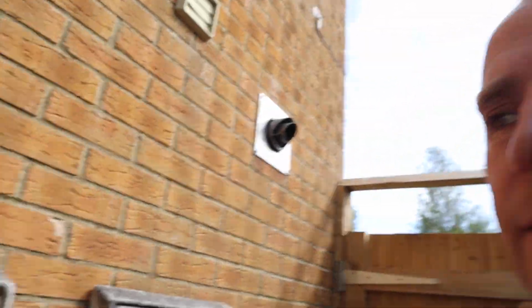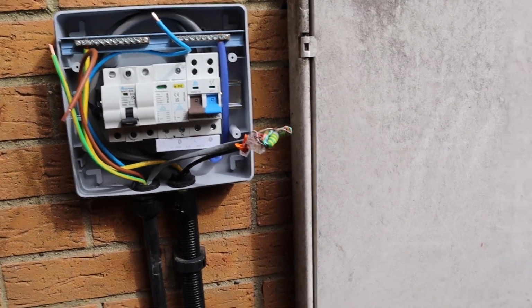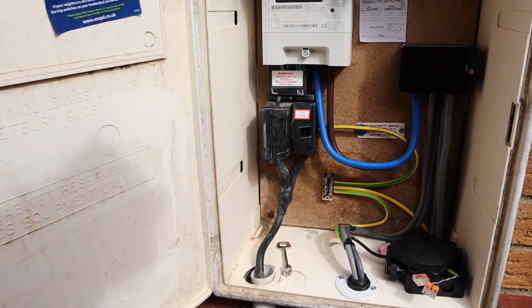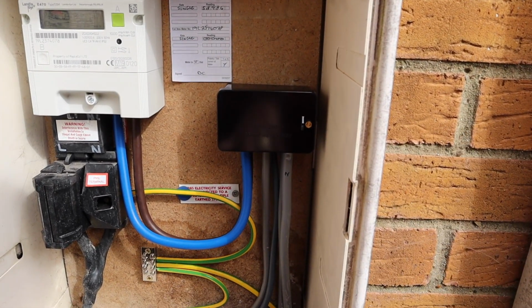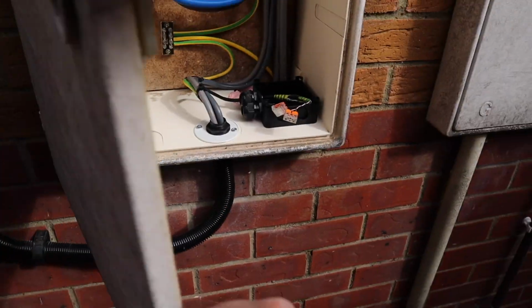Okay, I'll show you quickly where we are up to. So here we have the new consumer unit mounted and ready to go, ready for testing. Inside the meter box we have the new Henley block, new earth block, new tails, coax goes round again,